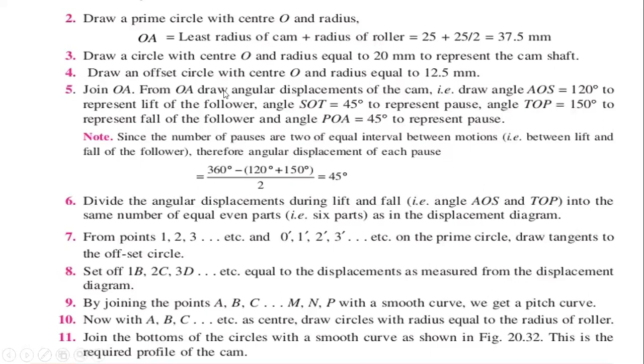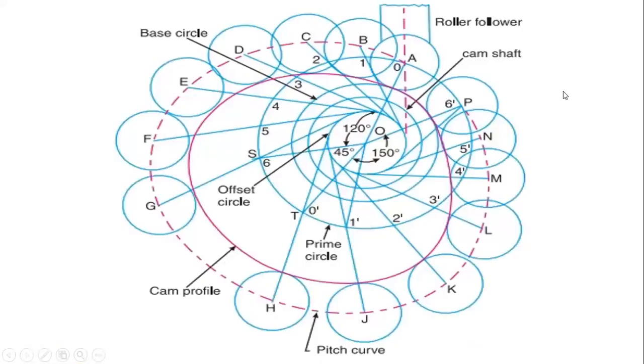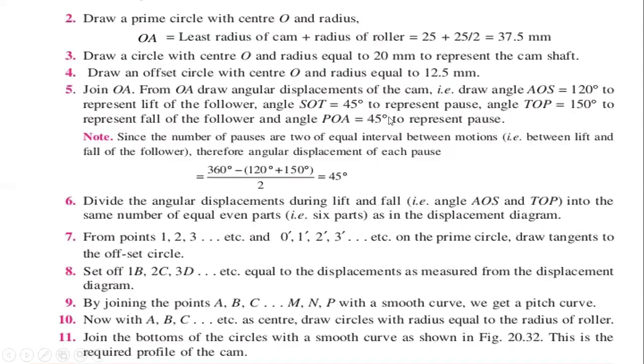Next, join OA. From OA, draw the angular displacement of the cam. That is, draw angle AOS as 120 degrees. So this is the AOS position of 120 degrees, which is the outstroke. And next, we have to take the dwell period of 45 degrees, then the return stroke of 150 degrees, and the dwell period of 45 degrees. Then we have to divide the angular displacement,